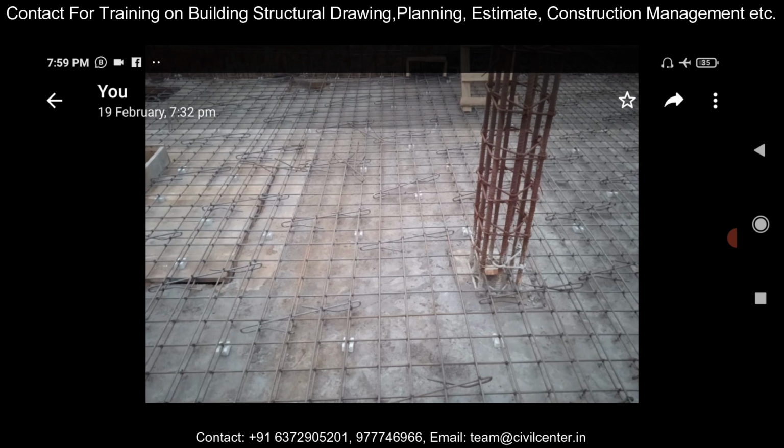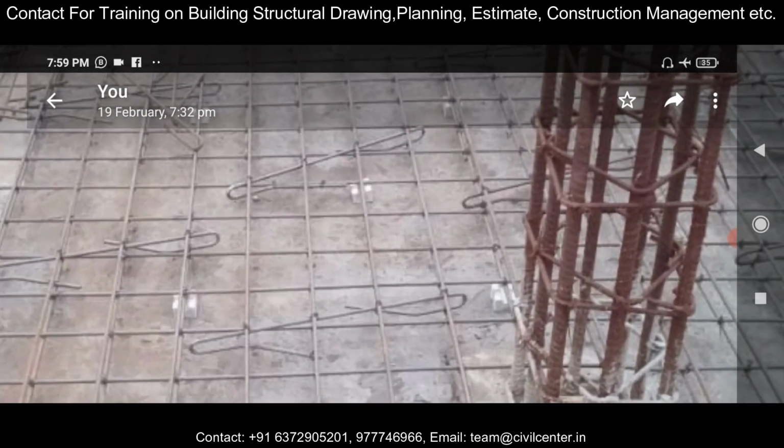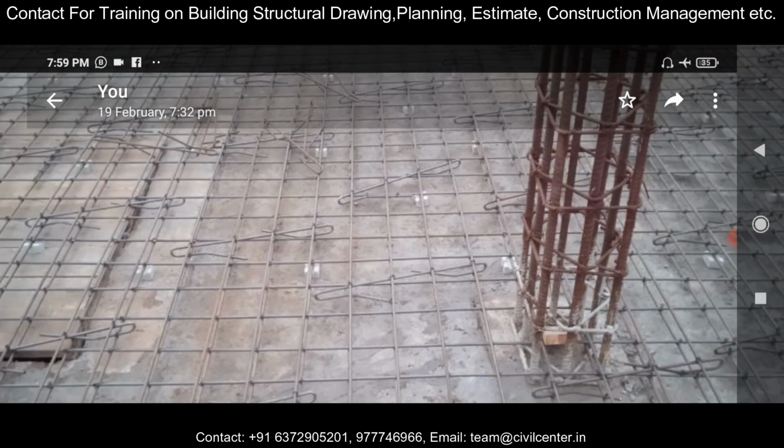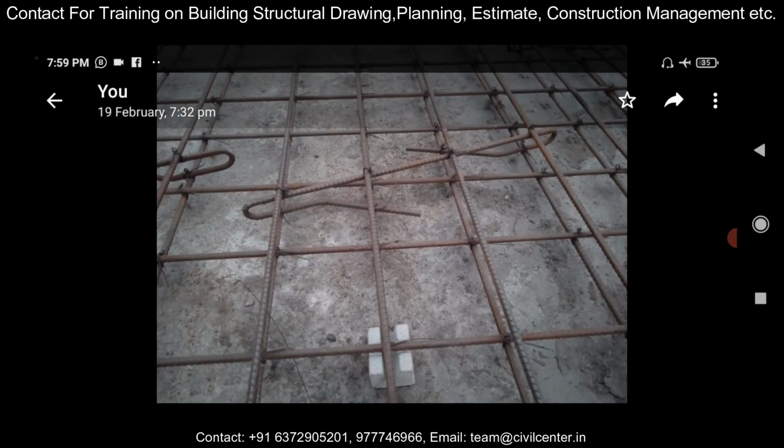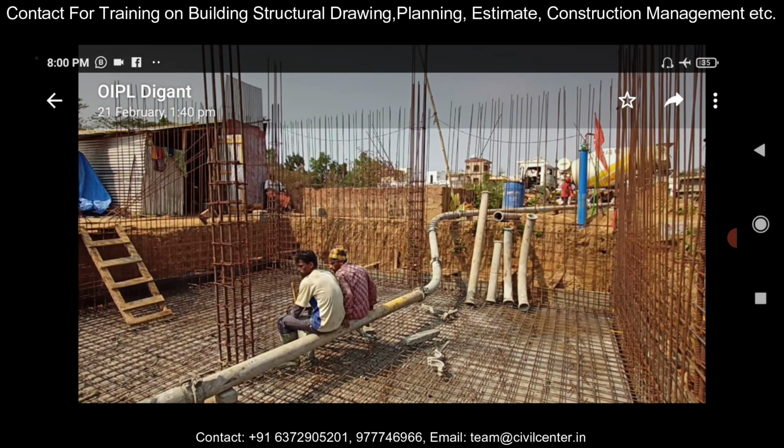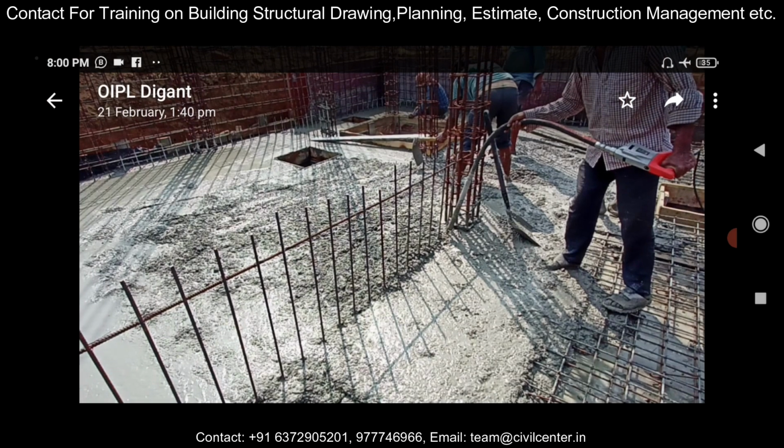Now after the PCC has been done, we'll go for the RCC for the basement part. So this is the RCC. As you can see, the basement rods are given, and you can also observe the chairs. These are the chairs which are used to maintain the gap between the bottom reinforcement and the top reinforcement. The basement has additional soil pressure from the uplift pressure, so that's why you need to do RCC also in the basement portion. As you can see, the rod binding is all done, and the vertical basement wall reinforcement.